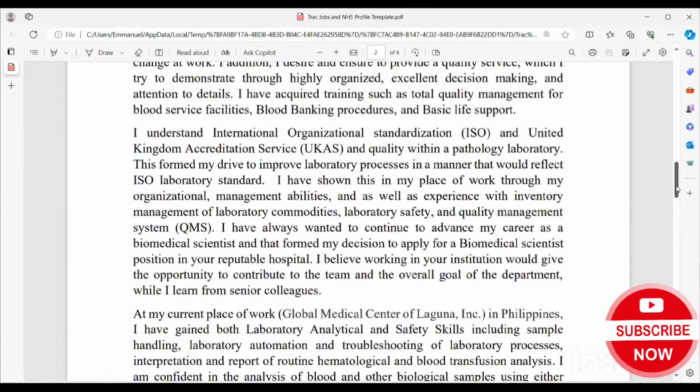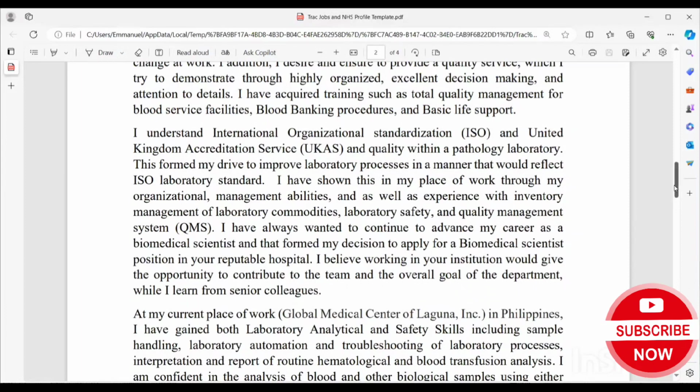Now, the next thing is that I start talking, in addition to, remember I've mentioned HCPC, UKAS, IBMS, and all of that. Now, I want to talk about the relationship between the ISO laboratory and UKAS in terms of quality management system. These are what these things are. When we talk about quality management system, it is a broad terminology, and that is where the International Organization for Standardization comes in, and UKAS comes in, and so on and so forth.